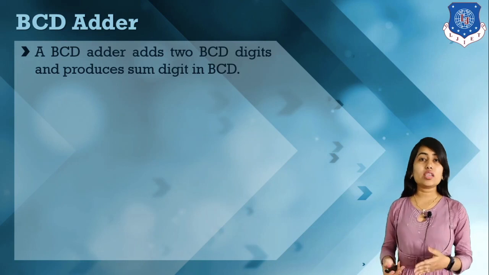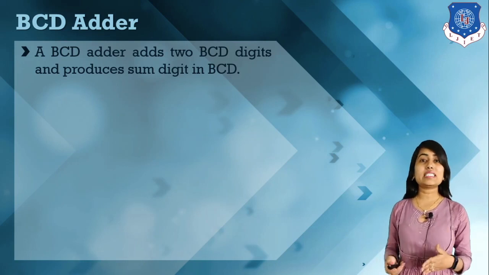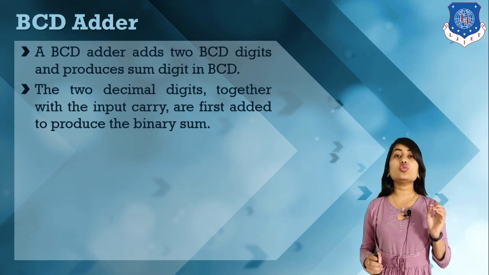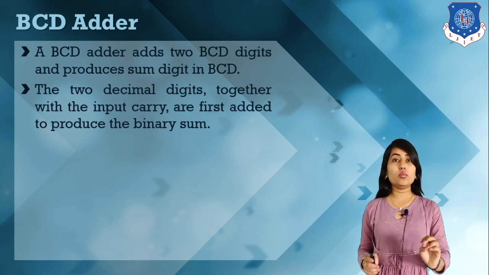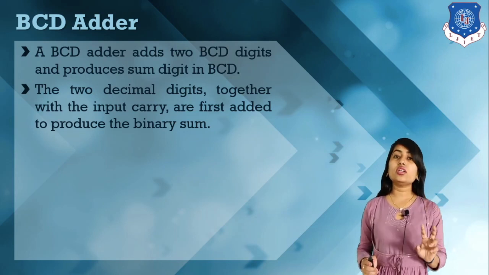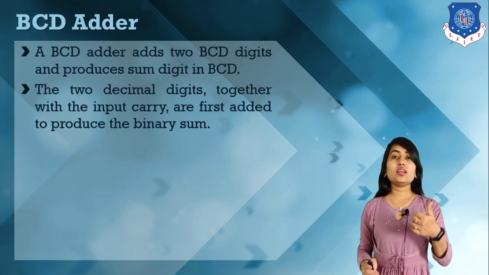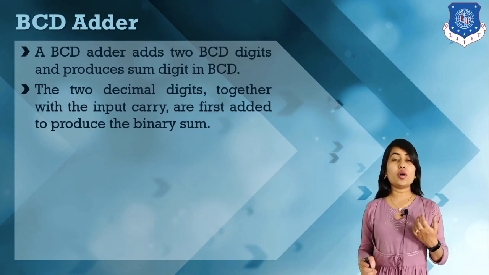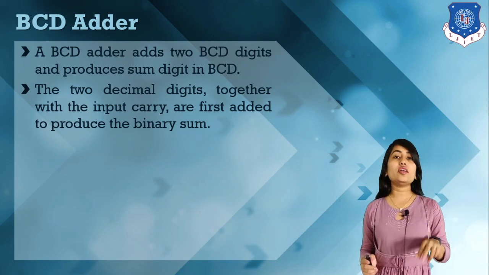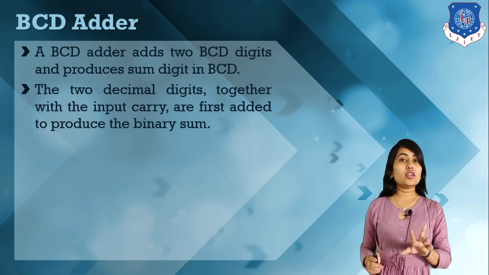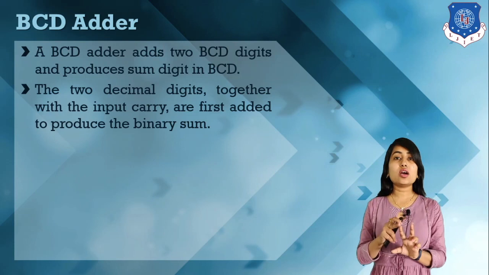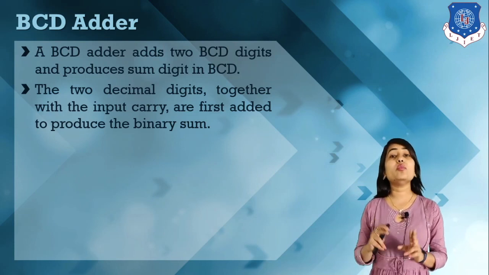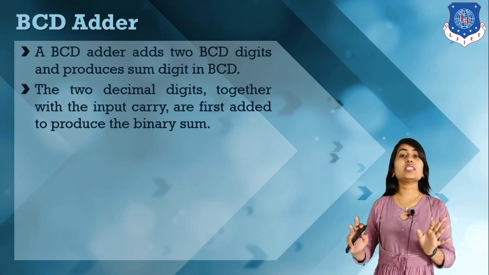So how can we perform BCD addition? To perform BCD addition, first we have to give input as BCD numbers. Here a first binary parallel adder is used. We have to use one binary parallel adder to perform this addition. So here we have a binary sum. This binary sum may or may not be in BCD format. This binary sum will not always be in BCD format.